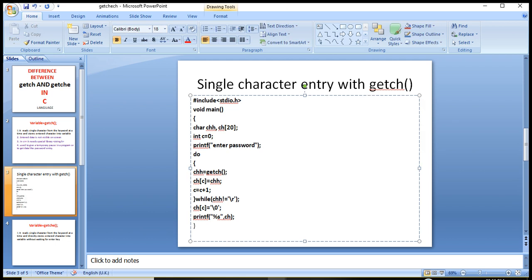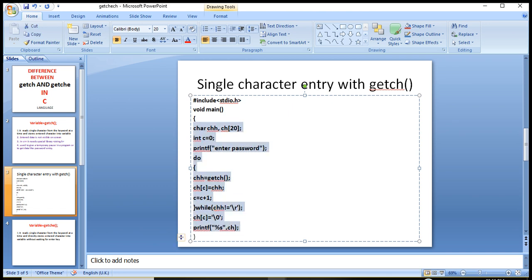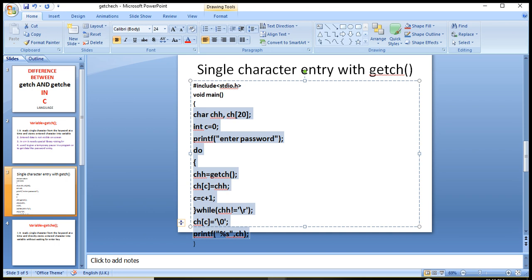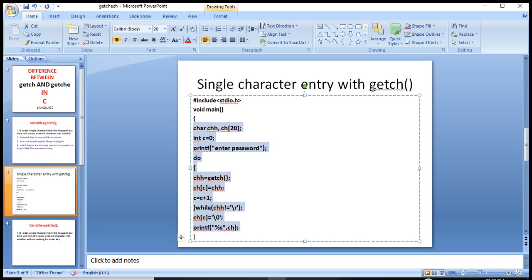Here we have taken two variables, chh variable and ch variable, which will allow us to store 20 characters.